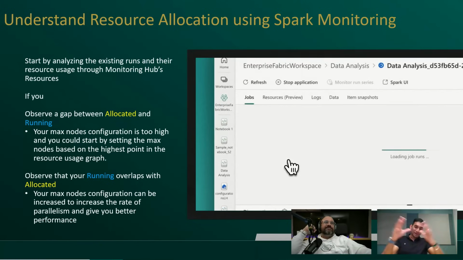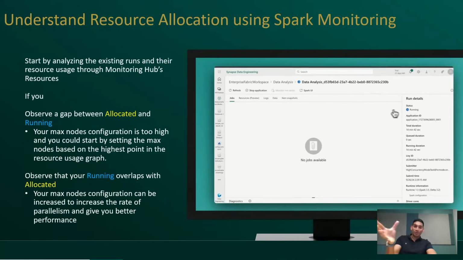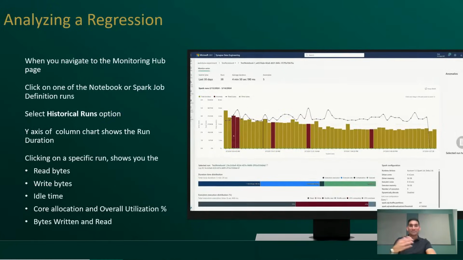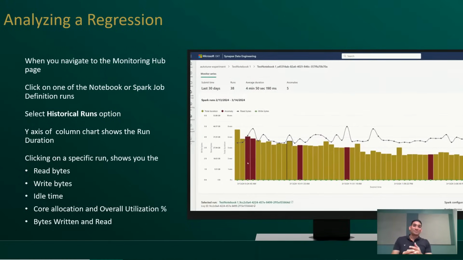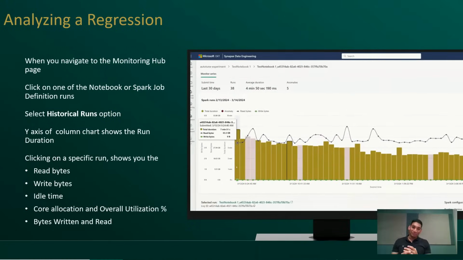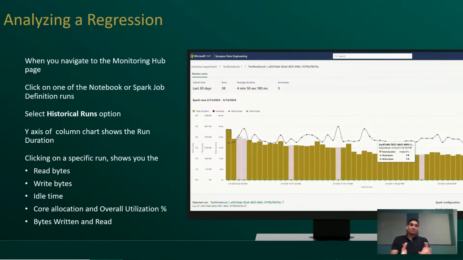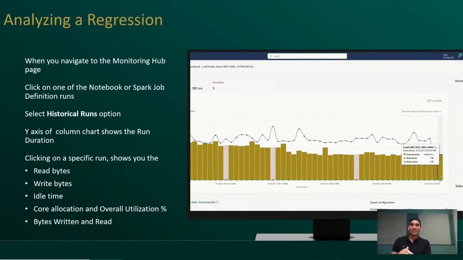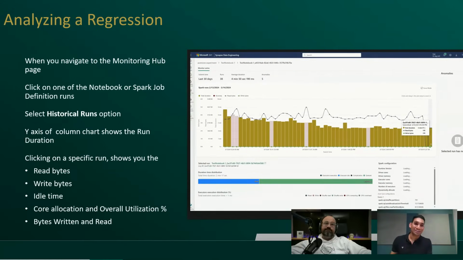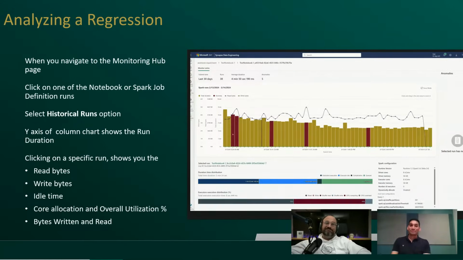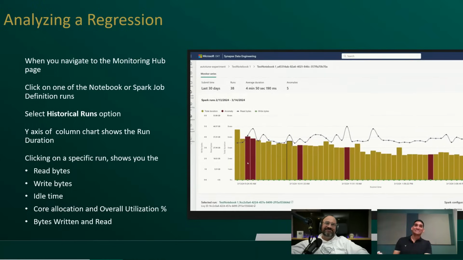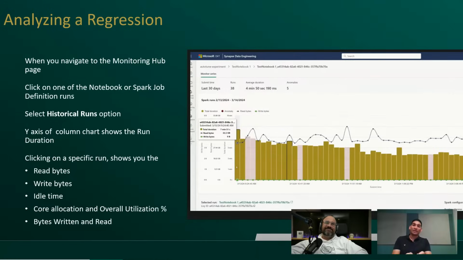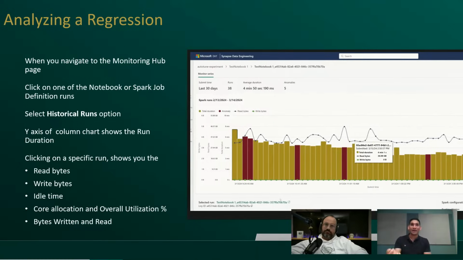Now that you've set up your compute, you know whether you're over-provisioned or not. Then comes the fun part. Say your job has been running well, but suddenly things can change. Your data could have null values or some increase in data volume. It happens. So in these cases, the next step for fine-tuning or understanding where things went wrong is